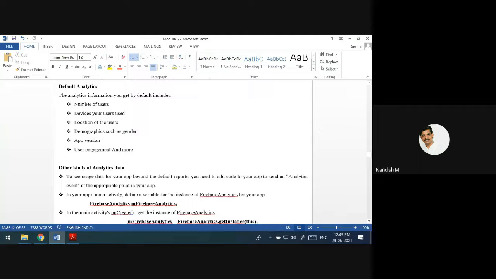For some other extra information, you have to do some coding. Okay, these are the default analytics. Even if you don't request it, that data will already be available.